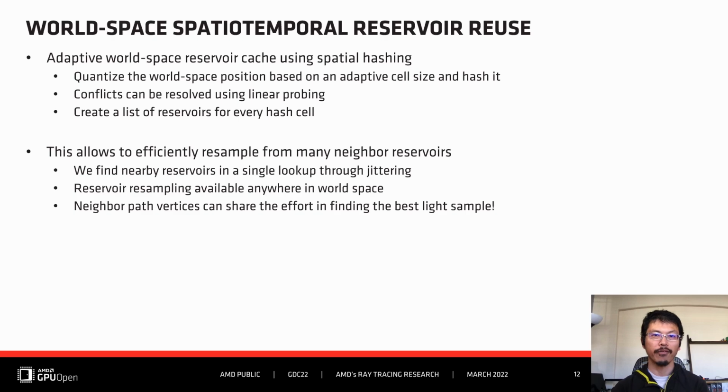This allows us to efficiently resample from many neighboring reservoirs in world space. Therefore, it is not limited to vertices visible directly from the camera. We can find nearby reservoirs in a single hash lookup. Here, we use jitter sampling to avoid artifacts coming from the hash quantization. In this way, neighboring path vertices can share the effort, which results in better light sampling for global illumination.